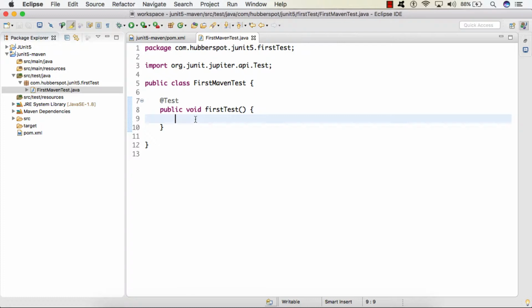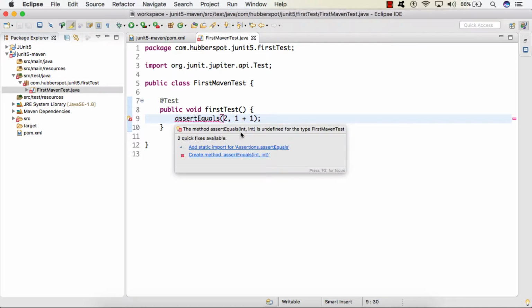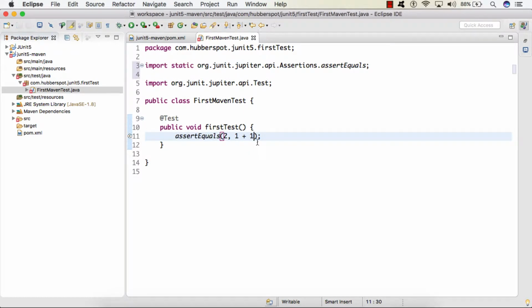Inside this test method, I'll simply provide an assertEquals, let's say 2, 1 plus 1. We'll import the assertEquals. So friends, here we have created a simple test in our Maven project.